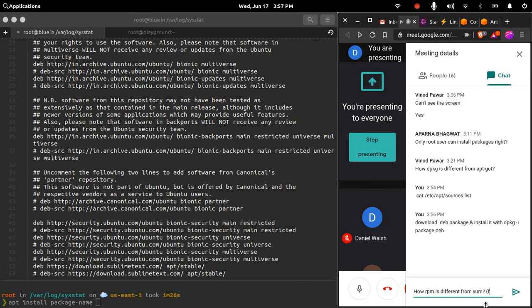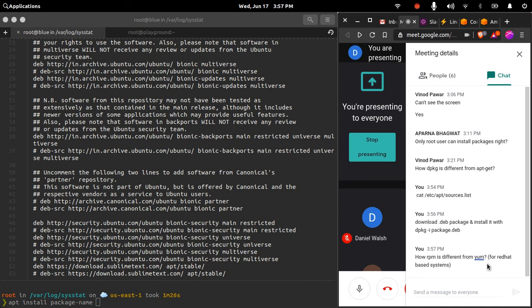This is especially for Red Hat based systems. Yum will also resolve your dependencies automatically, whereas rpm is not capable of doing that. Hope that answers your question.